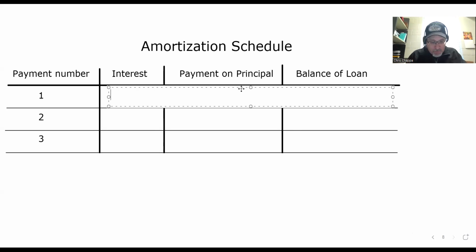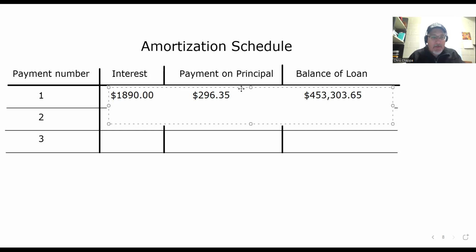All right, so starting with the first month, the interest on the first month was $1,890.00. Excuse me, that was not the interest. That was the payment on the principal. Like I said, that was kind of low. The interest in the first month was $1,890.00. The payment on principal was the $296.35. And after I paid that, I was left with $453,303.65. Then in the second month, the interest that was earned was a little bit less,